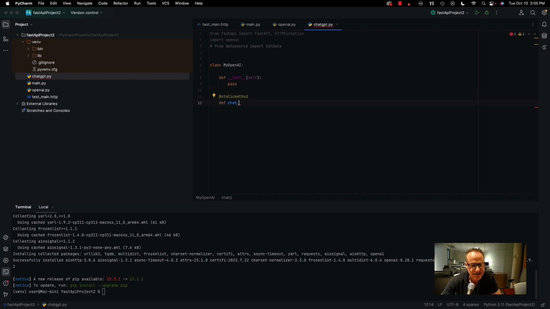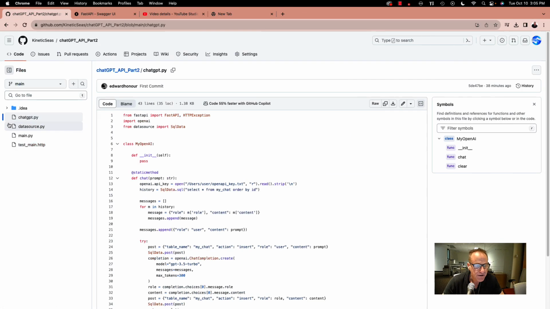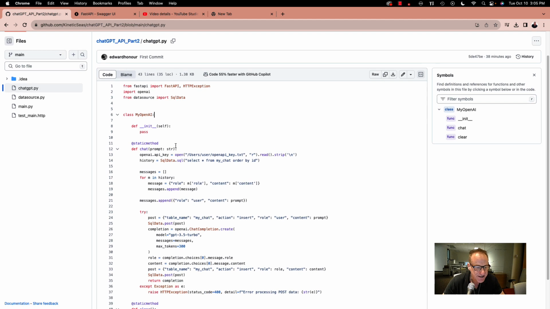Then I'm going to say def chat, and then prompt, which is going to be a string. So I'm creating a function inside of my OpenAI class that is going to get called from the main FastAPI endpoints. So let me go back to my ChatGPT file